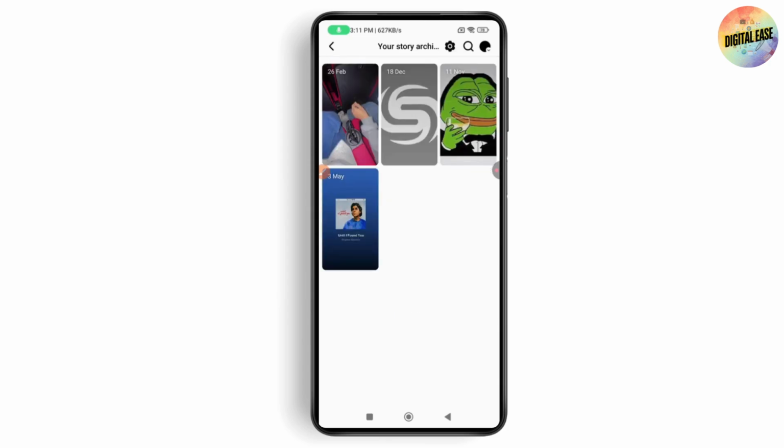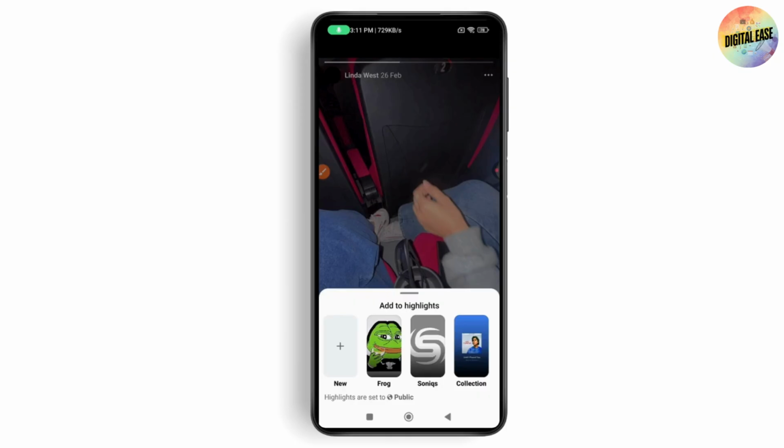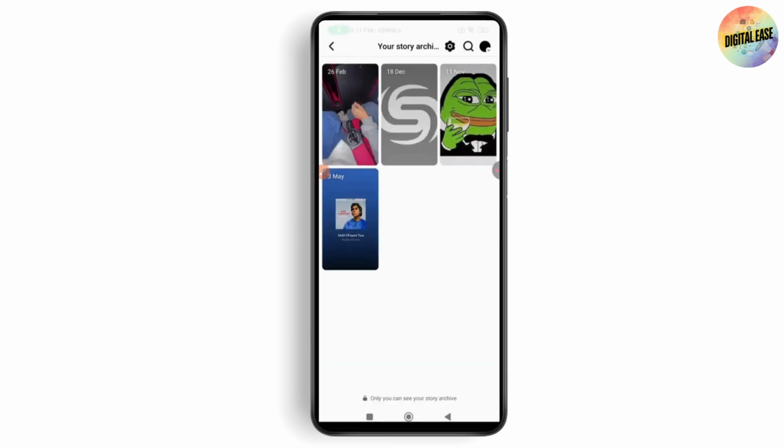Here you will have all of your stories, so you just need to simply tap on any story, and here go with highlight, which is on the bottom right, and add that to your highlights. You can choose any highlights that you are comfortable with, or you can also just simply go with a new highlight. Tap on new and then tap on save, and your highlight will be saved, or your story will be